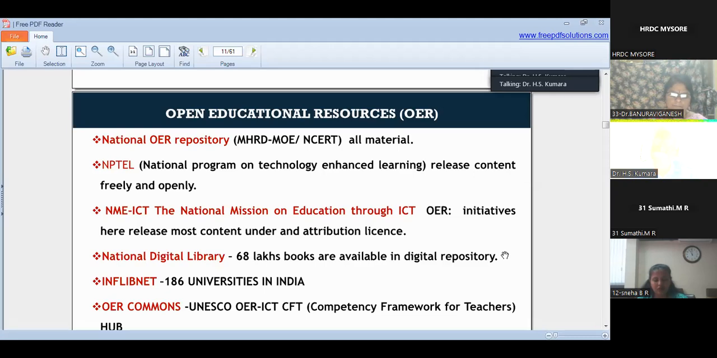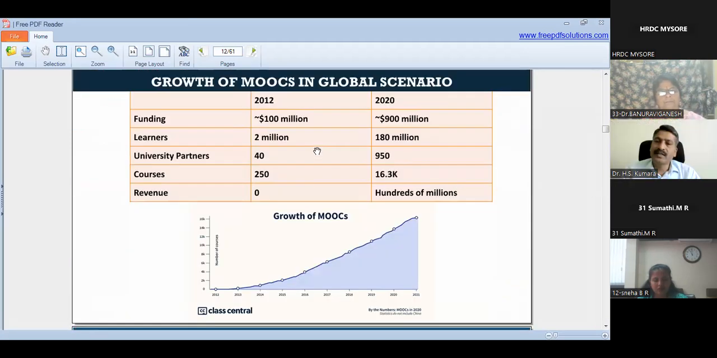Then for the framework for teachers hub, there is a separate session under open education resources. This is only given as a highlight for understanding what open education resources are there. Then, the growth of massive open online courses in the global scenario. Very importantly, in 2012 they started budding, looking at the data set, funding of so much